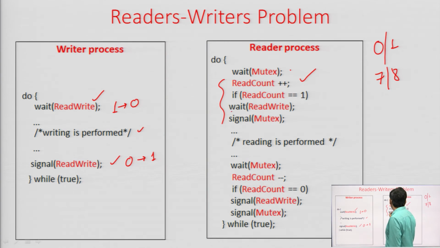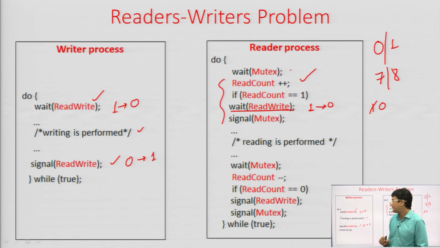So, that is why wait till the read write. Read write is the semaphore value. Now, if this semaphore value is 1, then the reading can be allowed. If the semaphore value is 0, we will wait. So, if the read write value is 1, we will bring it to 0 so that no other writings can be performed since one reading operation has started.